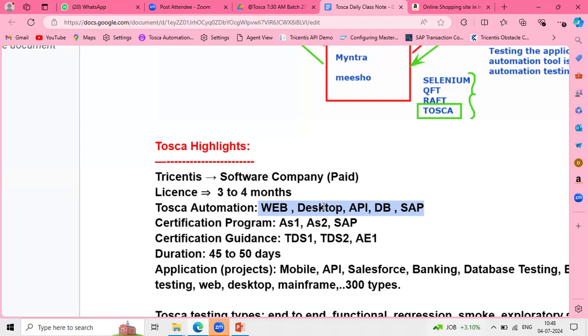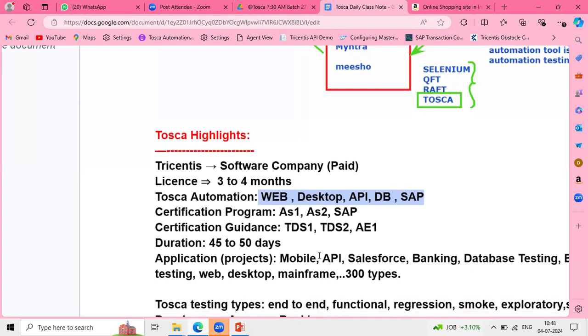It is not a purely theoretical session; it is theoretical plus practical. The theoretical part will tell you what Tosca is and what exactly it is, but the practical part will give you real-time experience. These two things will be covered throughout the sessions.